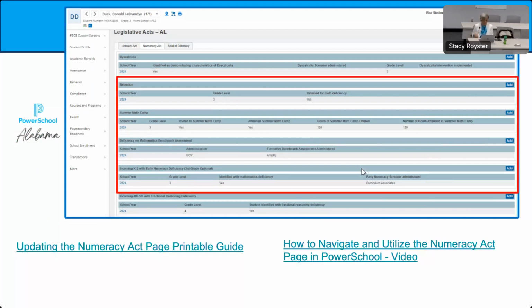So now that you've heard the requirements from both the ARI side and the OMI side, where does this data live and how will we get it in there? I want to first start us off in the SIS side of things. This weekend, and I sent it out in the newsletter that went out this morning, there was an update placed in PowerSchool that actually brought the updated Numeracy Act page into your servers. So now when you go to a student record,